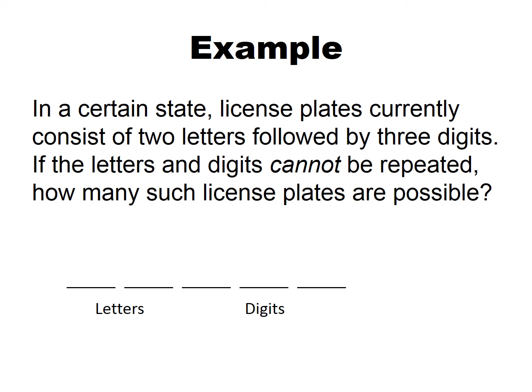Now let's look at a slight variation on this same problem. Suppose we've got the same situation, however, the letters and digits cannot be repeated. So that means if my first letter is an A, then the second letter can't be an A. I've got fewer possible letters. So we're going to start off with our same 5 blanks. We've got 2 letters followed by 3 digits. So I say, well, for the first letter, I've got 26 choices. But now the second letter, once I've chosen that first letter, I've reduced the number of letters that I